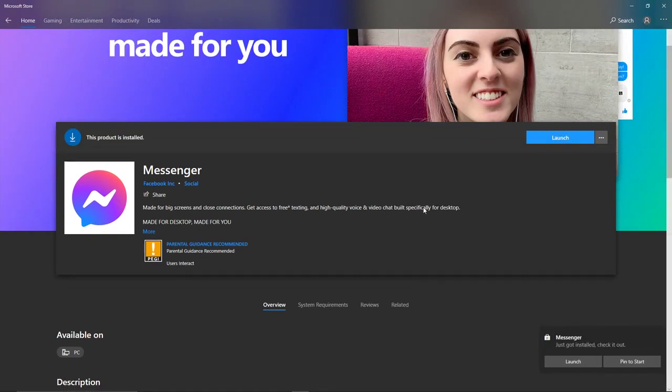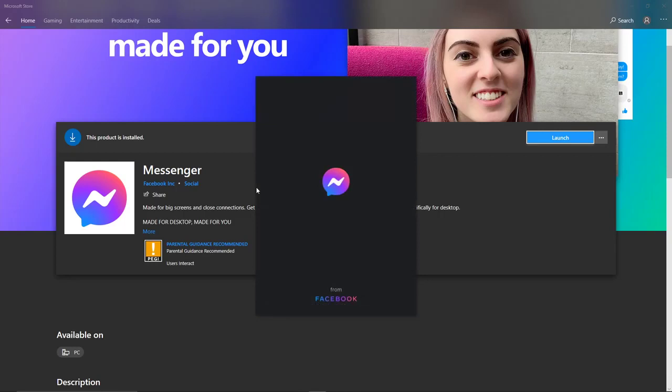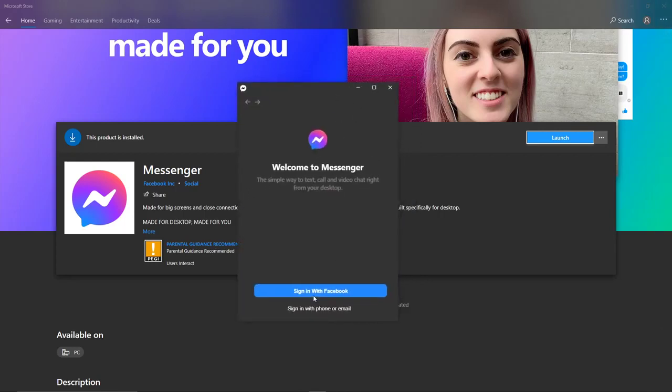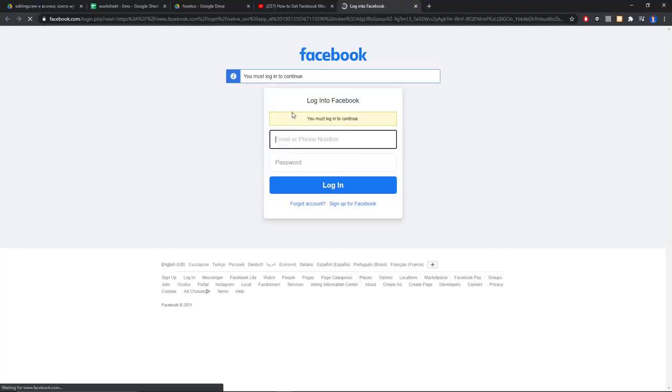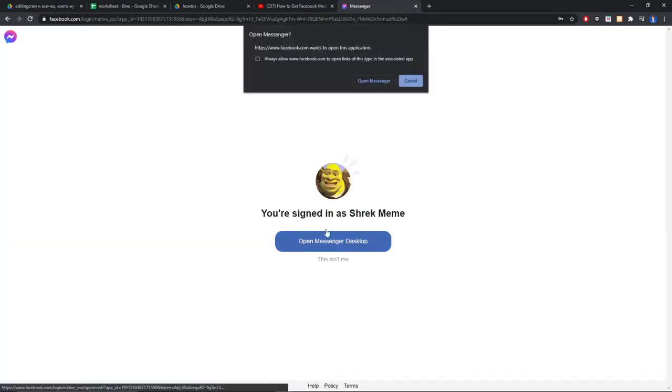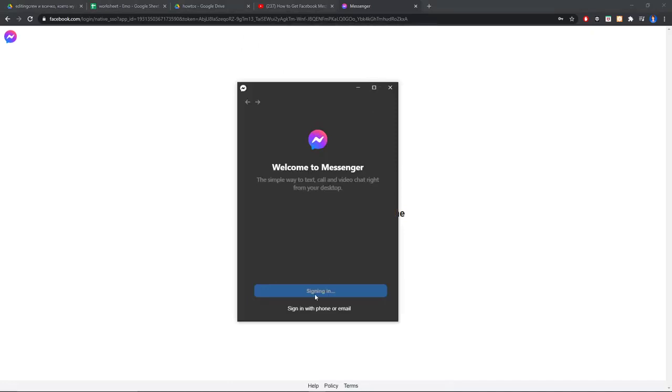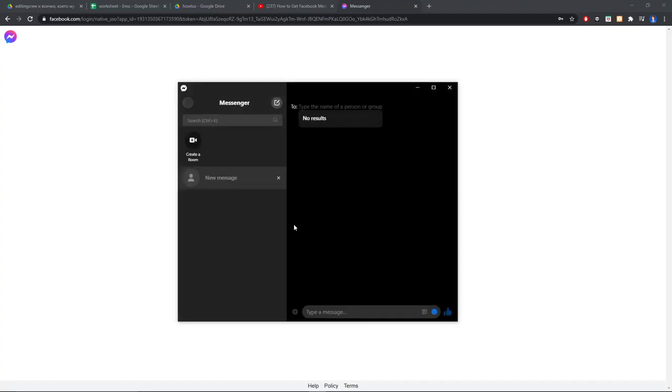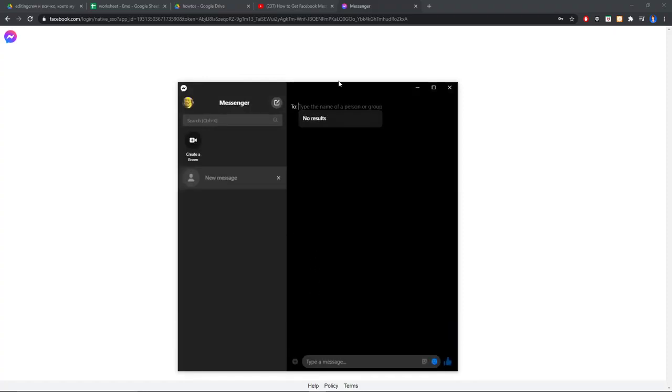So now when it's done, just click on launch and yeah, click on sign in with Facebook, simple, and let's say we want to click our email, login, open Messenger, open Messenger, wait a few seconds again, and as you can see, now you have Messenger on your